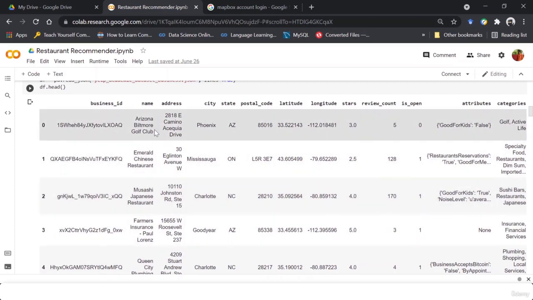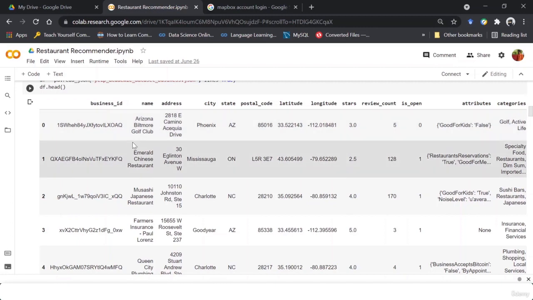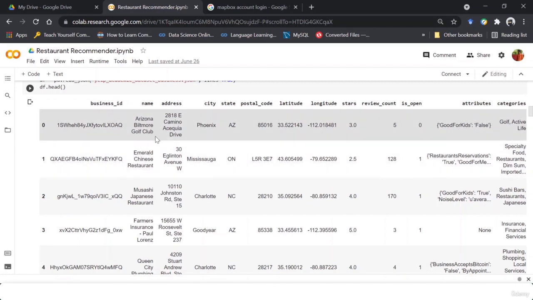So you can see that this is a string. I'm typecasting it and looking for restaurants in it. If it has restaurants, just like it has here, then I'm going to include this in my filtered out, or I would say into the restaurant data set. Since it doesn't have restaurants in its categories, then I'm going to remove this. So for each and every data point, I'm going to search, and only those who have restaurant added as its